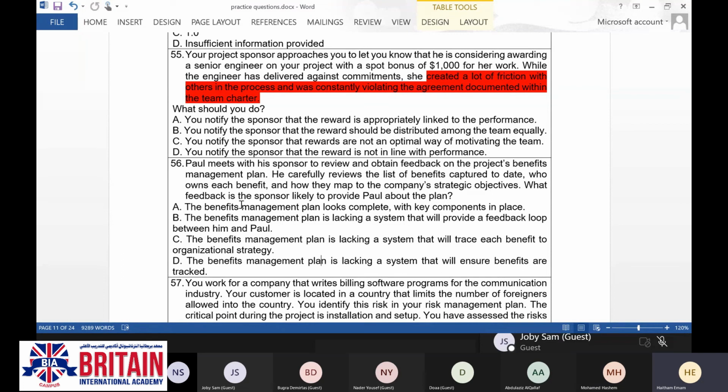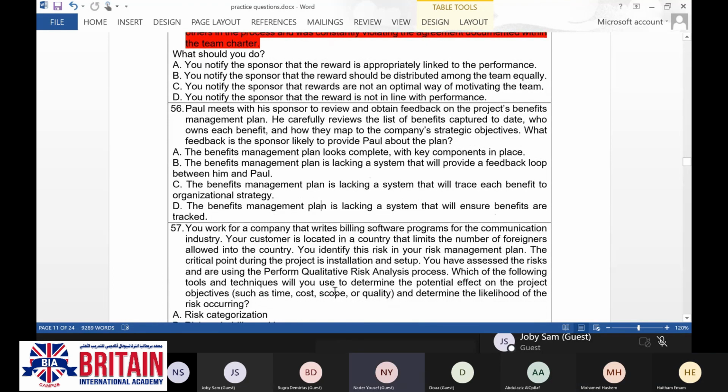Question number 57, Nader. Yes, Haitham. Question 57. You work for a company that writes billing software programs for the communication industry. Your customer is located in a country that limits the number of foreign